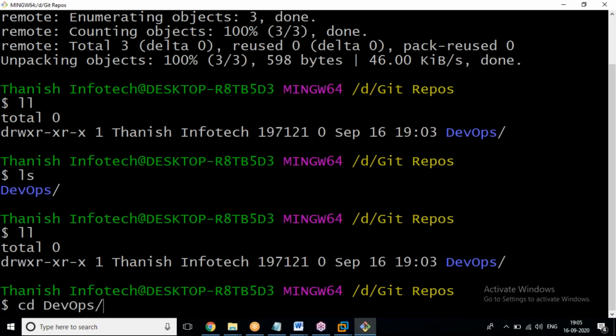So mostly we are going to use Git commands and Linux commands in Git Bash. First priority goes to Git, second priority goes to Linux. If you want to create a file, delete a file, rename a file, move a file from one place to another, or copy a file from one place to another, we should use operating system commands. By the Git commands we can't.